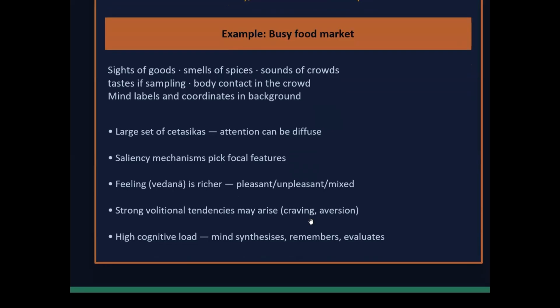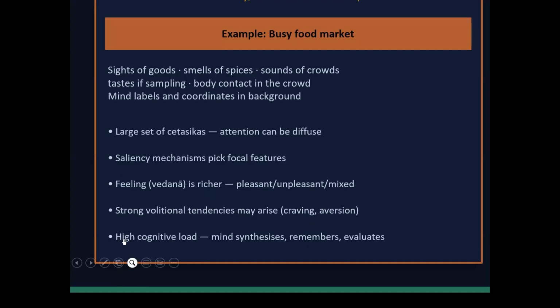prominent attraction. Then let's say your food, the smell, then you see the food looking very attractive. Then this craving or aversion will arise, right? Then the moment it arises, you need to buy already. So this is high cognitive load, the mind synthesizes and remembers, evaluates. So after passing all these things, they will pass to the mind.